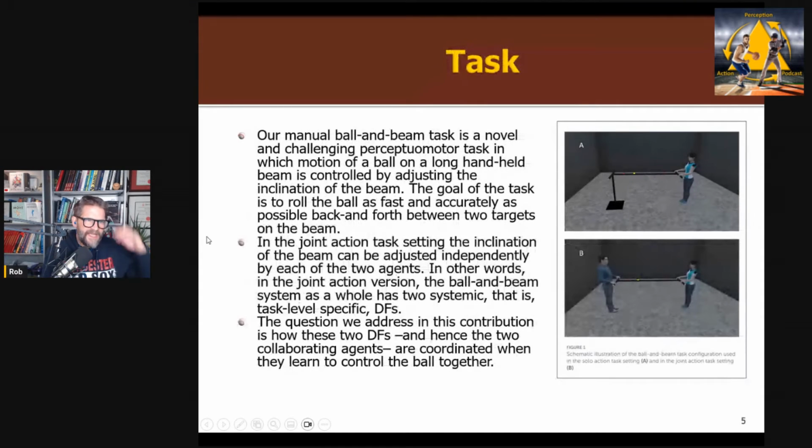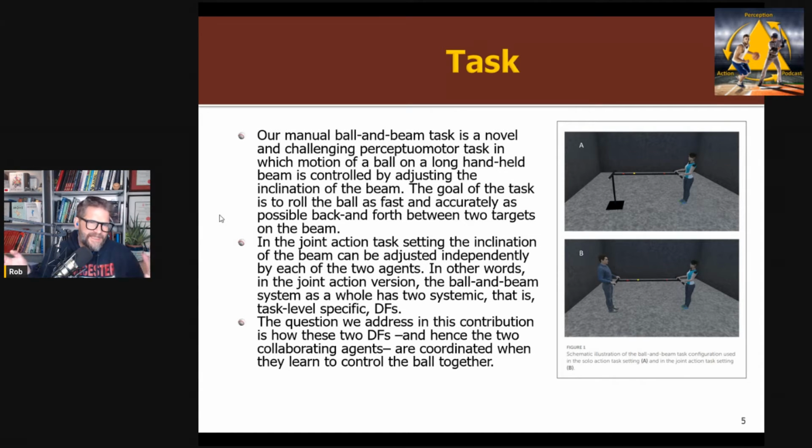So what is the task? They had a task where it basically was a metal rod with a golf ball on it, right? And you had to roll the golf ball back and forth, and you had to hit these targets on each end and come back, right? There was both a joint action version with a person holding each end, with handles on each end, and there was also, importantly, a solo version of this where one end was attached to a rod with a hinge, so you could rotate around the hinge, but you as an individual were controlling everything. Okay.